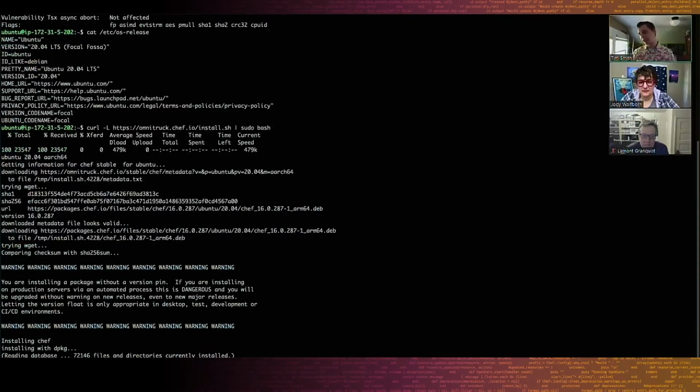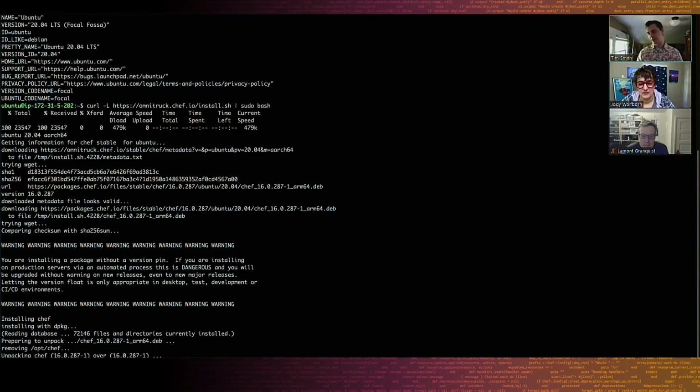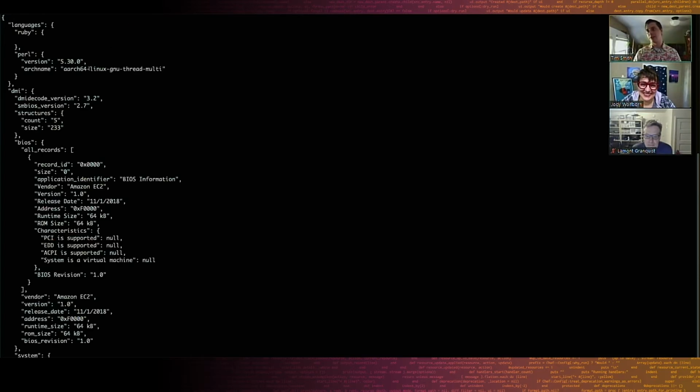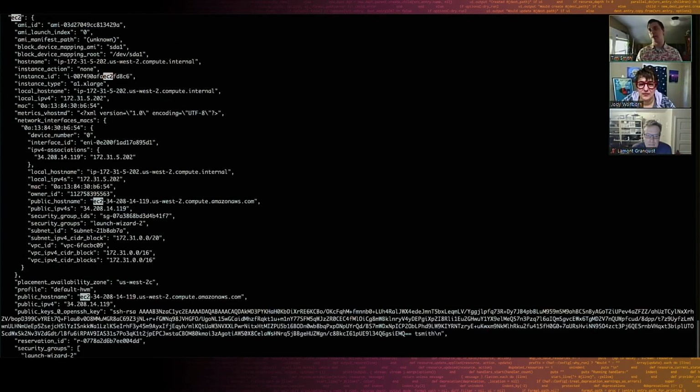So I can just go and get a package, right? And I get an arm64.deb here. It is for Ubuntu, and it works. And I can just run Ohai, which I probably need to sudo. I can run Ohai, and it'll just magically detect it, right? In some time. Yeah, so all the little things come back that I'm on an ARM box, which is pretty cool. And I still have all my EC2 metadata, so somewhere down here. Yeah, I still have all the metadata coming back from Amazon that I'm on this A1 XL box, which is pretty cool. This is just one of the new platforms we added.